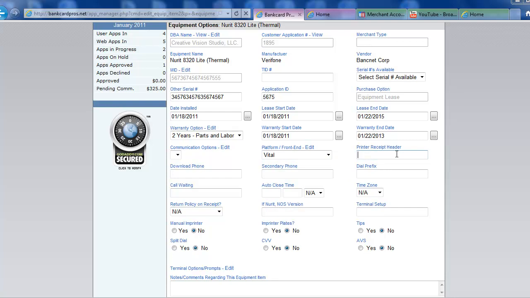Print receipt header, what you want the receipt to say. Download phone number that was actually built in the file, and you can also add the secondary phone number, the dial prefix, call waiting, auto close time. We'll put 8 o'clock p.m. time zone,